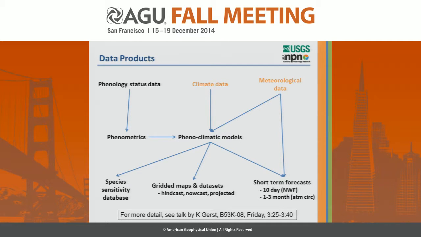Forecast the onset of spring or the onset of phenological activity by species at a given location. So strong spatiotemporal, very fine granularity, where we can do it 10 days forward using numerical weather forecasts. We know where organisms are. Essentially, we're collecting data and distributing it in real time, and we can look to a forecast, bring it in through a web service, and tell you whether or not you're going to have onset of leafing in, say, a maple forest. But the real icing on the cake will be the longer term, 1 to 3 month forecasts of